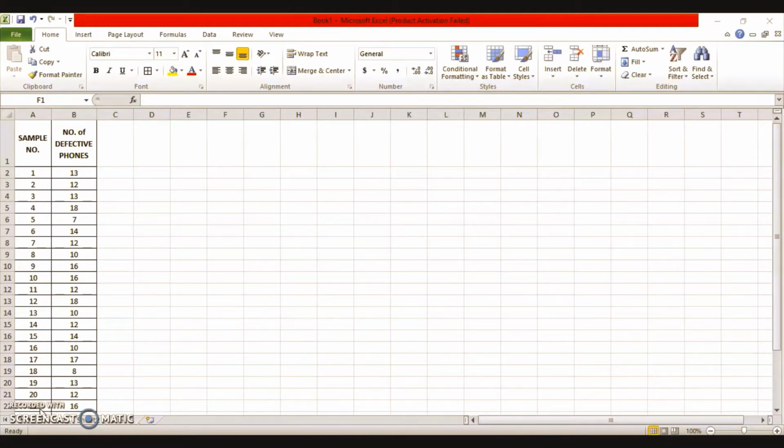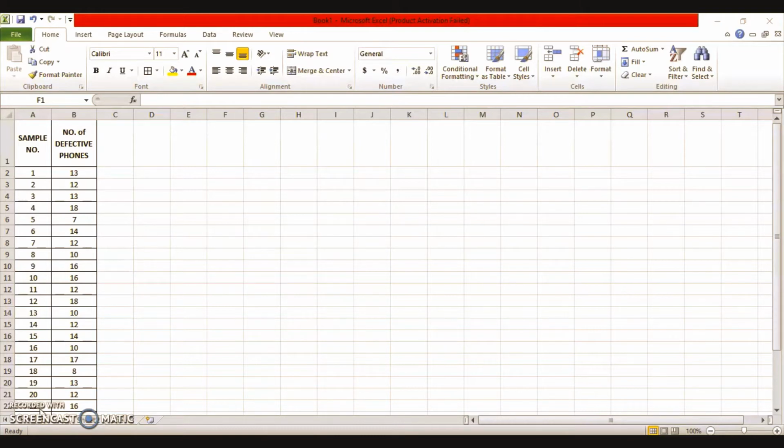Now you must be wondering why this chart is called an NP chart. I'll tell you why. The proportion defective P, as you can recall from the previous sessions in which we prepared a P chart, was obtained by dividing the actual number of defectives D by the sample size N. That is, from the formula, P is equal to D upon N. So if we try to find the value of D from that formula, then D will be equal to NP.